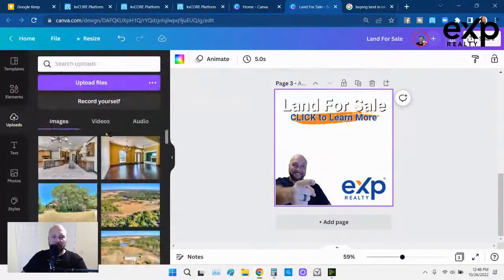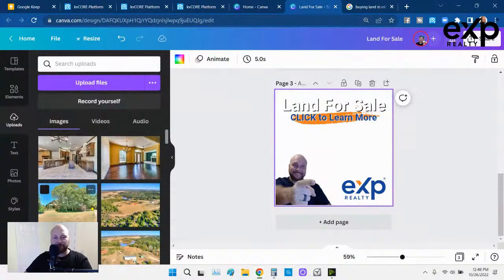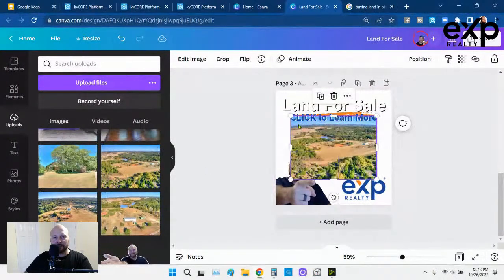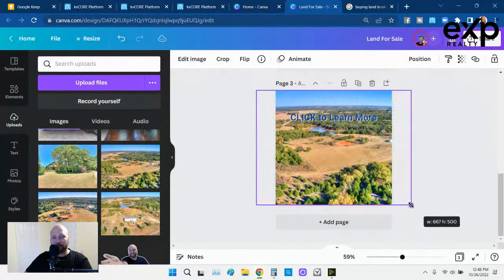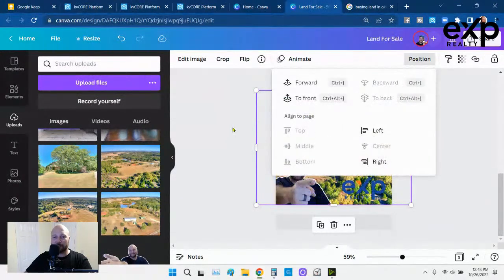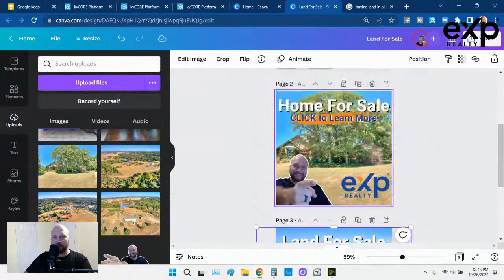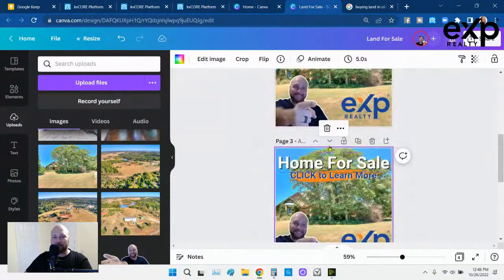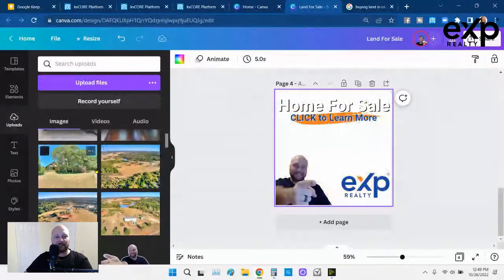So the first part, putting the title, putting the headline and the call to action, and then the branding is what takes the longest. And as you can see, that only took us maybe 10 minutes to do at most. Position to the back. And then you just simply copy what you've already done. It's that simple. That's what Canva is, a really, really nice asset to have.